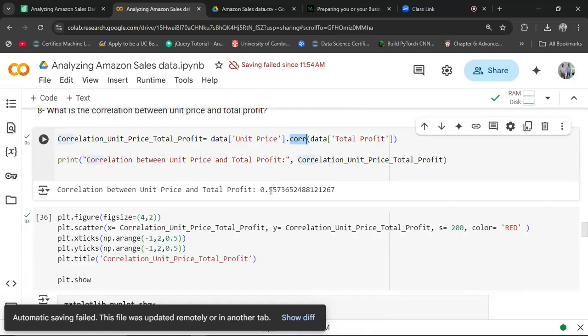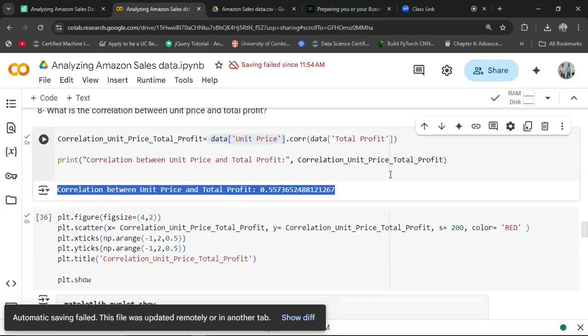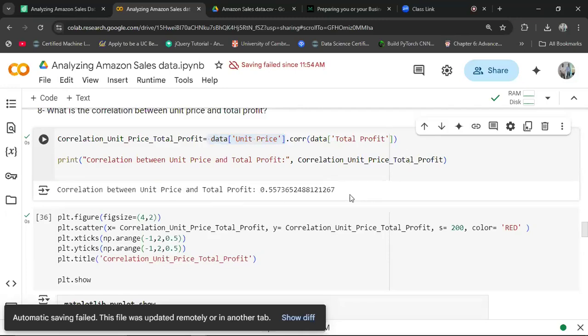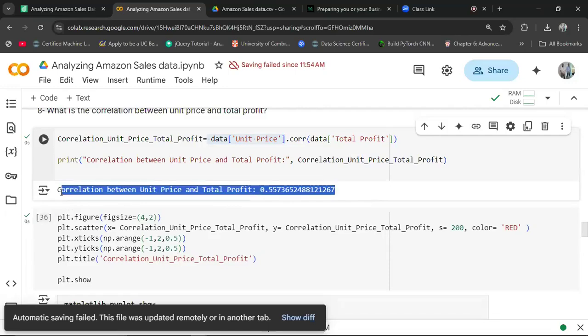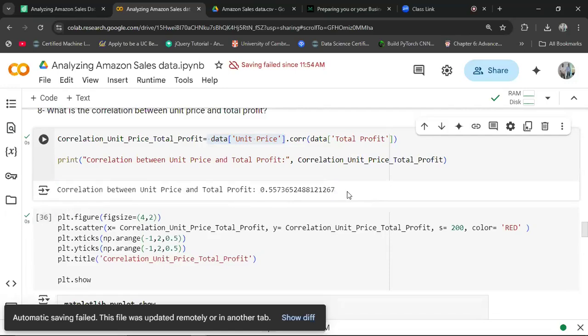So it's 50%, clearly showing us that if we increase the unit price, then our total profit will increase by 50%. On the other hand, if we reduce the unit price, our total profit will reduce by 50%. So these are very good, positive correlations that we mentioned in our previous lesson. If you want to understand more about correlation analysis, I would highly advise you to watch our previous tutorial